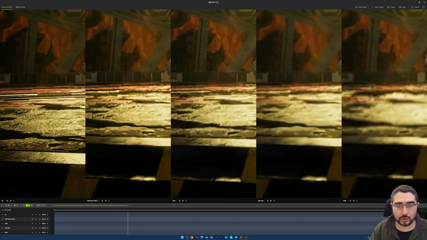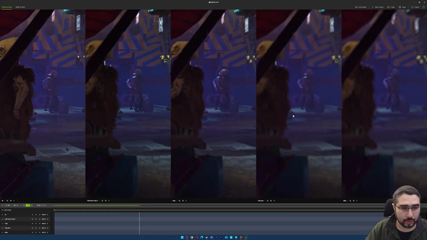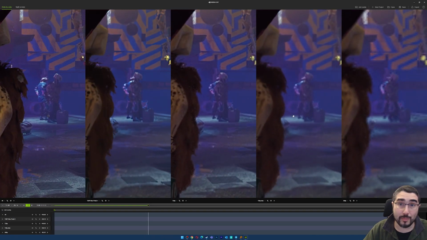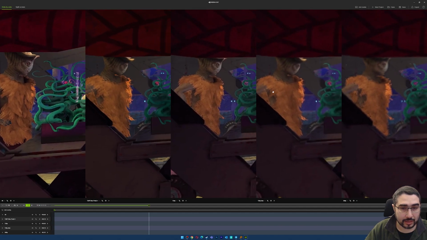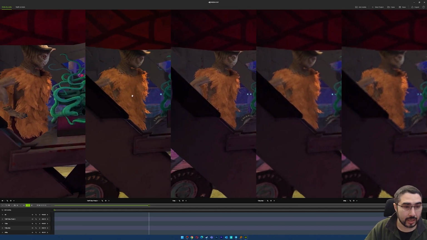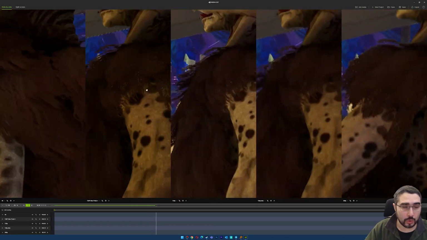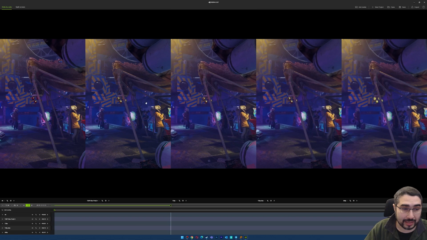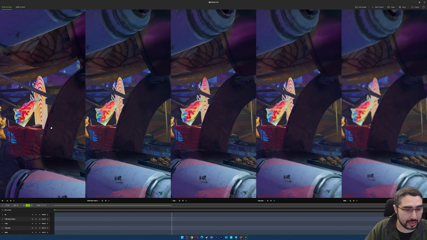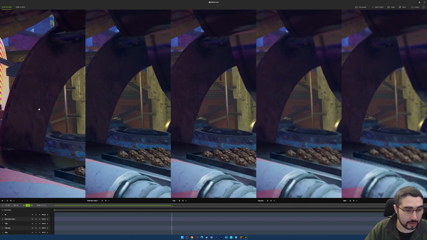If this was created using an internal 360p resolution by the GPU, it probably won't be as shimmering or as detailed. But look at this. You can see here it's a much more pleasing image. Look at that. You see more details on the face and everything. Of course, when we compare this against the 4K, yes, we lose. But still, I think it's amazing what we're achieving at the moment.